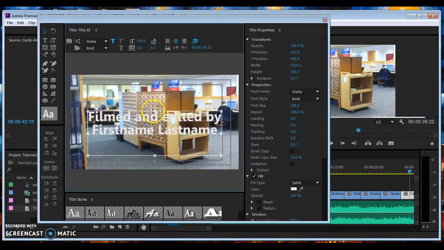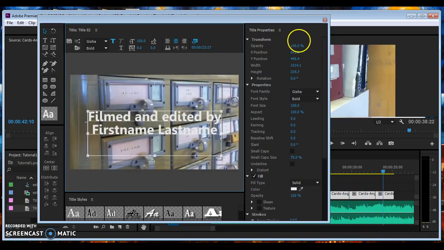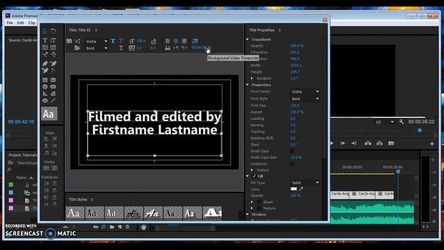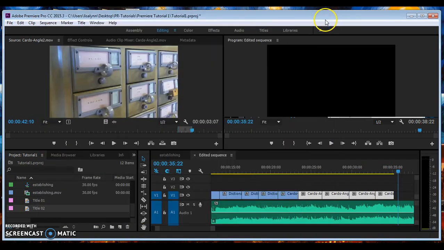And I'm going to bring it down toward the middle for the text. I can't see that too well. This is a good example where you might want to take it all the way to the end of the video just so you can see it against the black background. That looks pretty good. Once you're happy with it, you can go ahead and close the editing window and you'll see that appearing